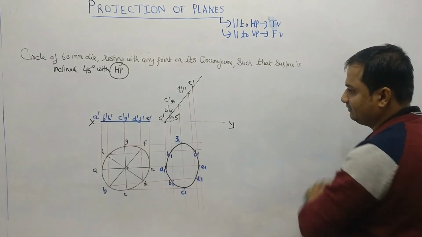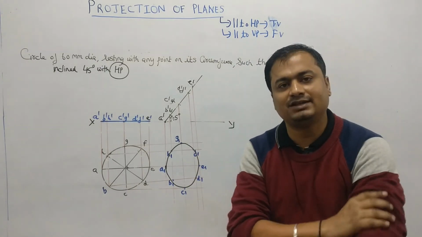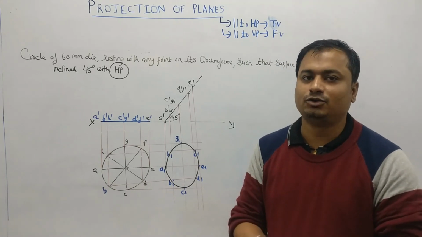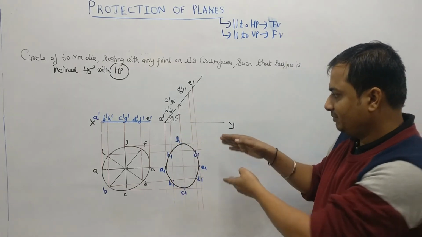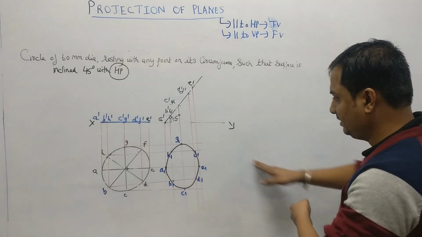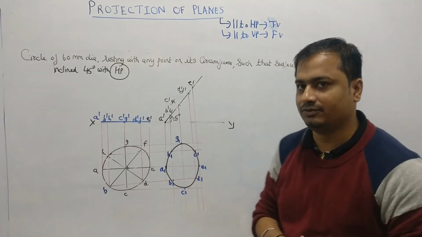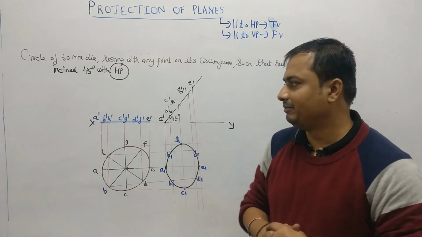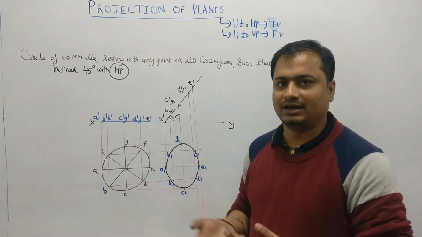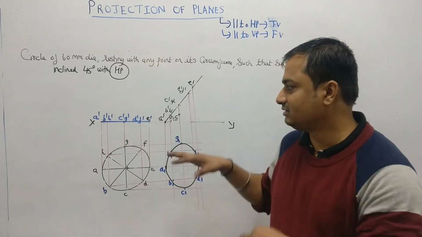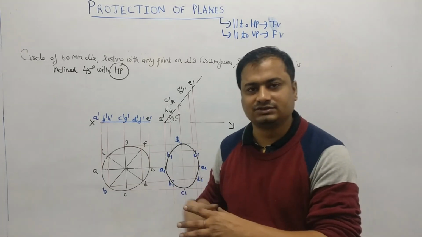We have already seen it for the horizontal plane. In a similar manner you can solve the problem of the vertical plane. If the plane is inclined with the VP, you have to assume it parallel to VP, then draw the front view first, then the top view, then make it inclined, that will be downward for the VP, and then the final front view will be above XY. You can practice that using the same construction. So this is case number 3, when it is inclined to the HP; for the case inclined to the VP, I have already told you, you can just reverse the drawing and draw it using the same steps of construction.